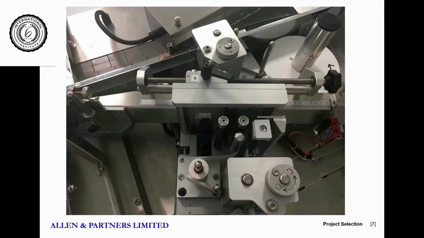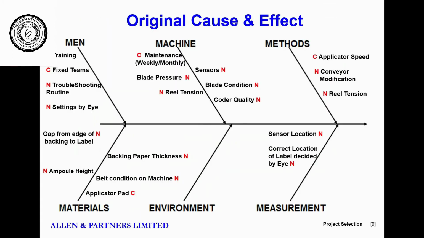So it's just showing you how the machine works, etc. Now here's your cause and effect. So just like the previous example, there's very little control here. So they're saying that the applicator speed, the monthly maintenance, and the fixed teams are under control on the applicator pad down here. But you can see the rest of it. Look at the ends. The ends mean that they have no control. These are variables that they have no control over, and there's your